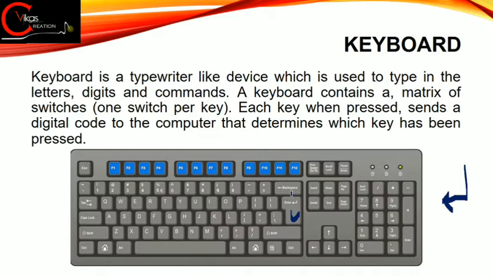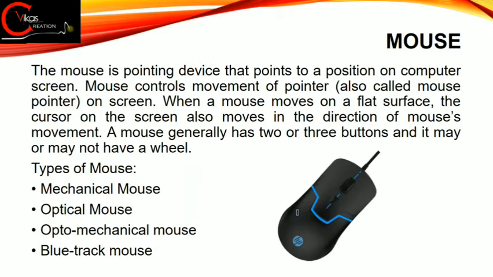Then we have the backspace key. Whenever we have to delete or erase something, we press this backspace key. Fine. Now one important thing: this Enter key is also available in pairs if you are using a standard keyboard. But if you are using a compact keyboard, then you will only have one Enter key. Fine. Now let's move to our second input device, that is the mouse.